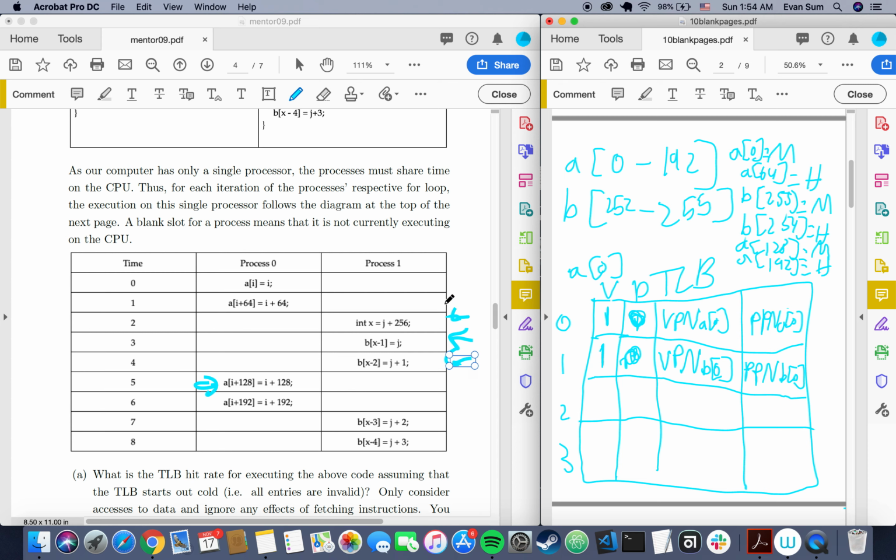And also, what I completely forgot to mention is when we switched context from process 1 to process 0, I forgot to change this valid bit to 0, right? Because technically from process 1 to process 0, that's also the same thing as a context switch. So when we finished B254, we actually ended up setting this to 0. And now, again, process 0 to process 1, lucky us, but valid bit's going to be set to 0. And then only now are we going to be able to,